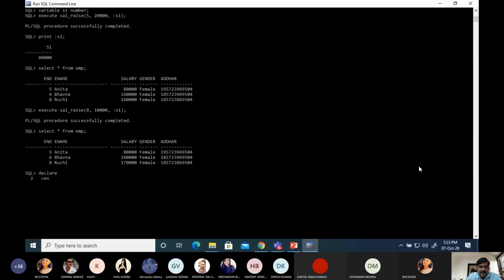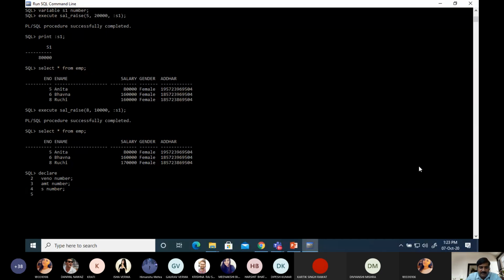Here we declare V number and type is number, and second for amount and type is number, and third is for storing the updated salary and type is number.